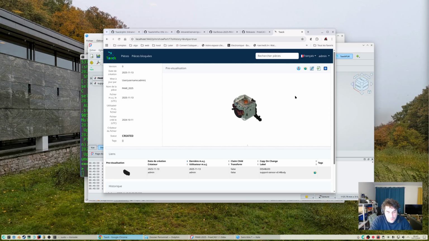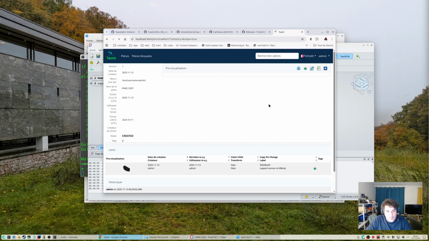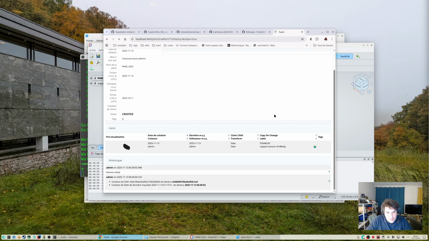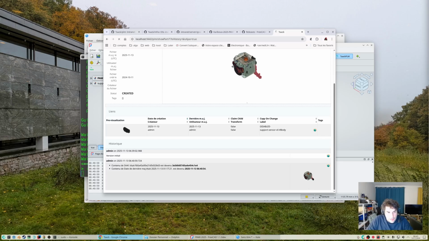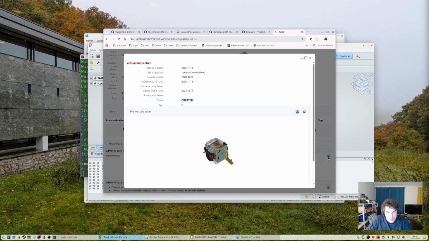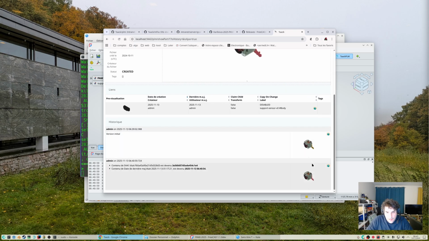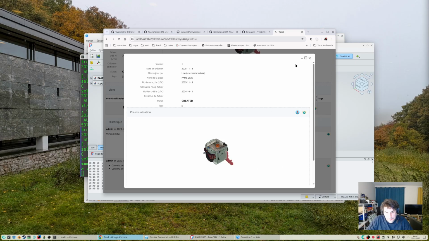And now if I refresh the page, the model is being recomputed by FreeCAD. And now we have the robot with the red arm. The previous one has a golden arm and the next one has a red arm.